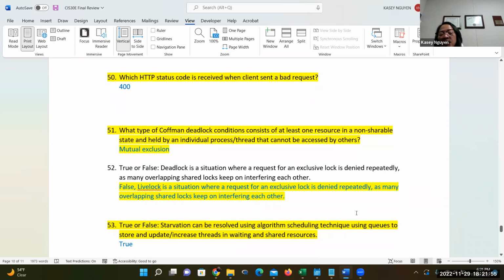True or false? Starvation can be resolved using algorithm scheduling technique, using queues to store and update increased threads in waiting and shared resources. So a queue allows you to be flexible in how you would add more threads, right? We can append the thread to our container, which is a queue,